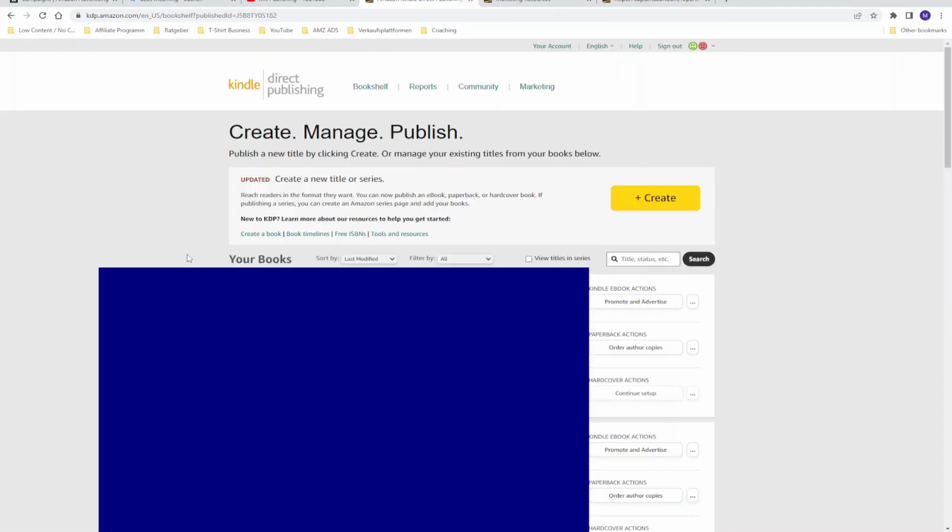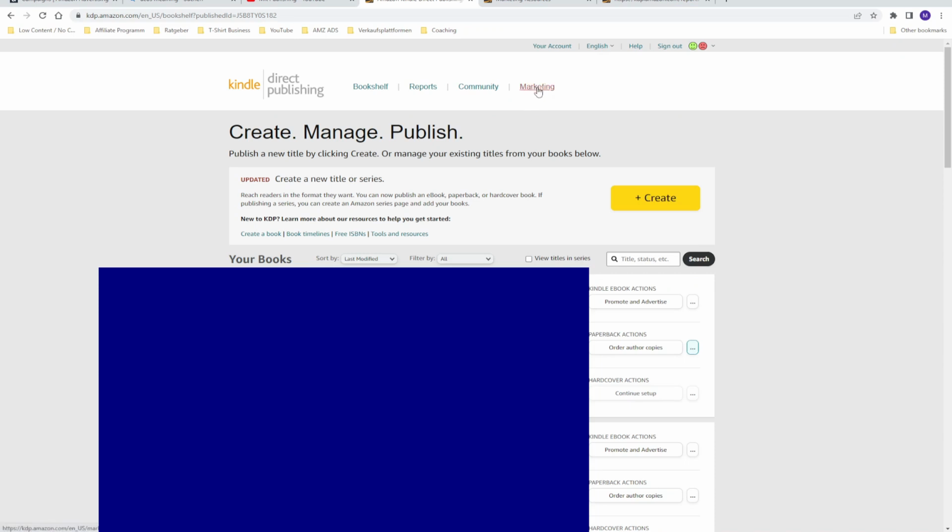There are 2 ways you can open your advertising dashboard. The first is in your bookshelf, where you can find 3 dots right behind your books, where you can promote and advertise your book. The second way is in marketing.